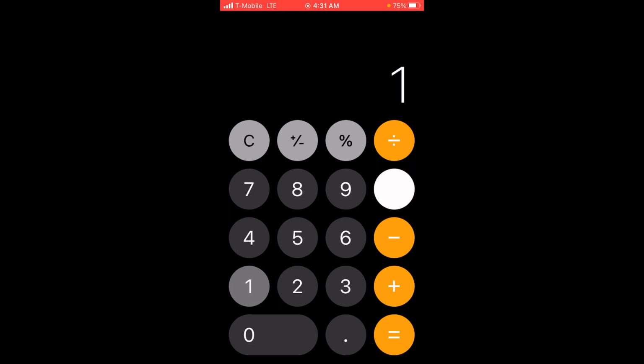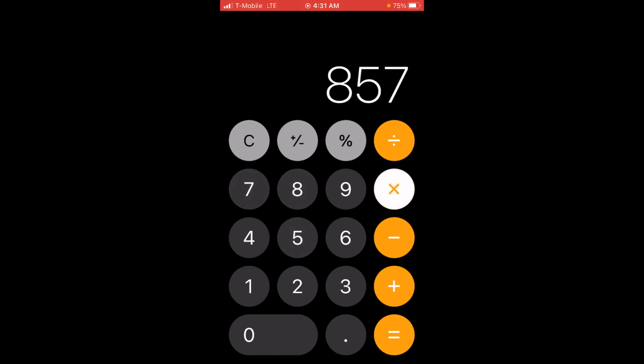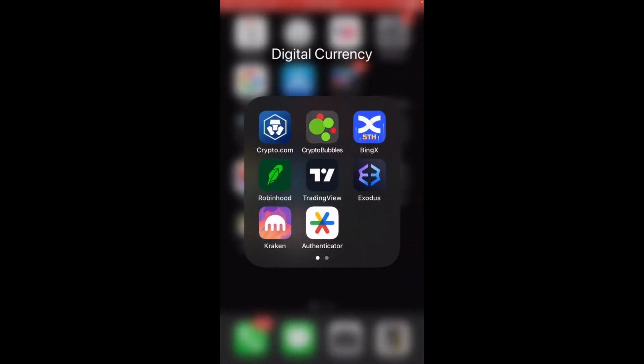857 times 1,000, you would look at almost $1 million if your lot size was at 1,000, but that would take a long time to do. If you did 857 times, let's say 10 cents. No, let's just do 1. 857 times the standard, you'd be making $8.57. So you can grow and compound over time. So all you got to do in this strategy is,